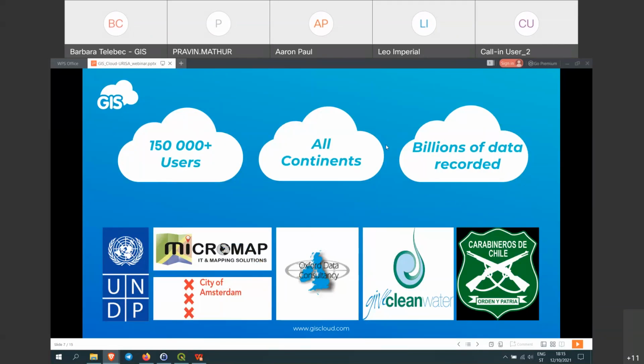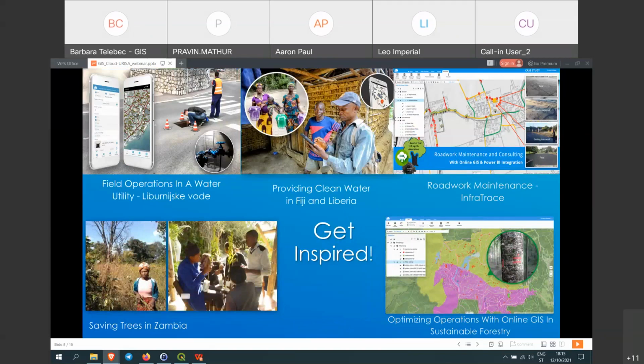So this is just a small selection of different use cases, from field work in a water utility company. For example, in this case, they're using our data collection tool to inspect manholes, or to roadwork maintenance, to forestry, vegetation management, to preventing electricity theft, for example, to some of the more humanitarian projects. In this case, for example, it's an NGO that's specifically working on providing safe, clean drinking water to a number of different countries. Of course, I do welcome you to check out our blog and to read in depth